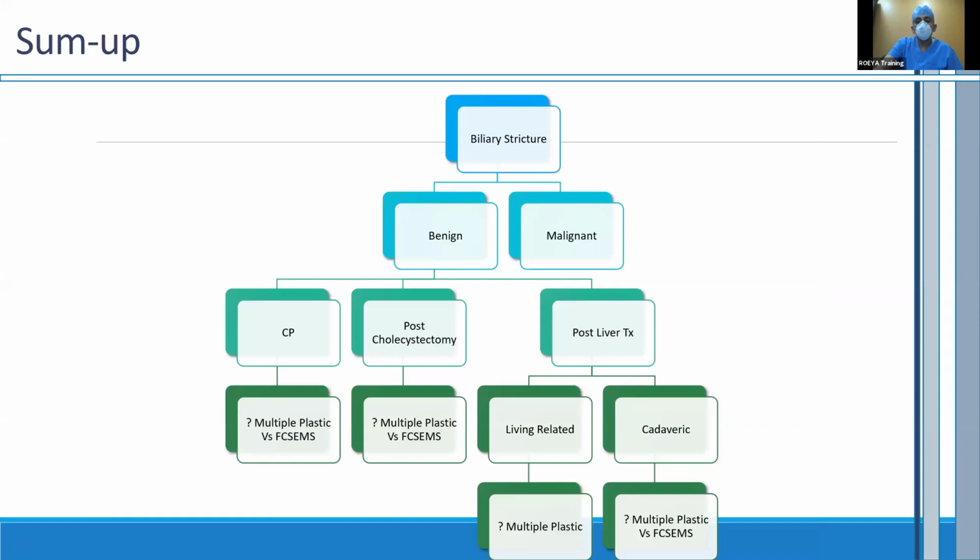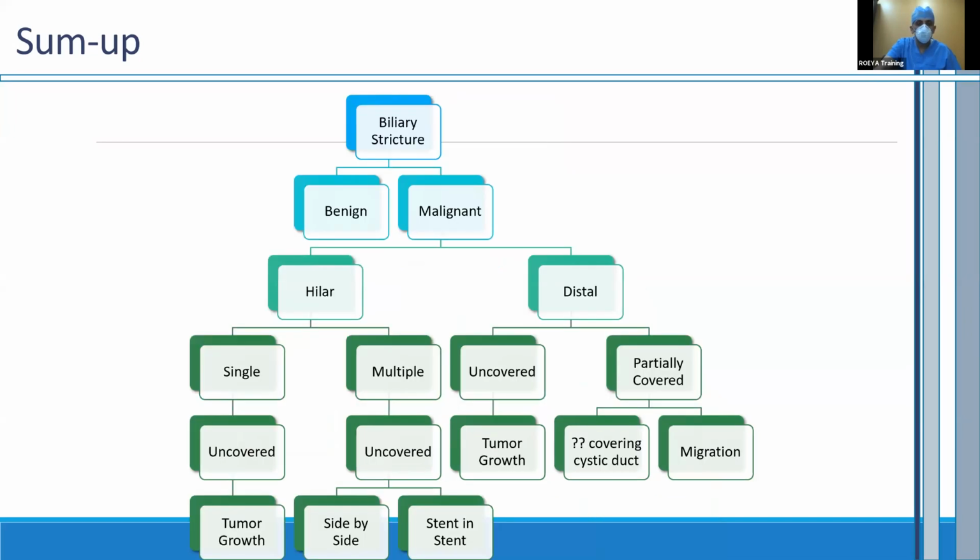So to sum up my biliary part, if you have a benign biliary stricture, post cholecystectomy or chronic pancreatitis, you think about multiple plastic stenting or a fully covered stent. On the other side, if you have a post liver transplantation in Egypt, a living related patient, you always do multiple stenting. If it's a cadaveric, you have the choice to do either multiple plastic or a fully covered stent. In malignant biliary stricture, if it's hilar, as Hani did today, you can put a single